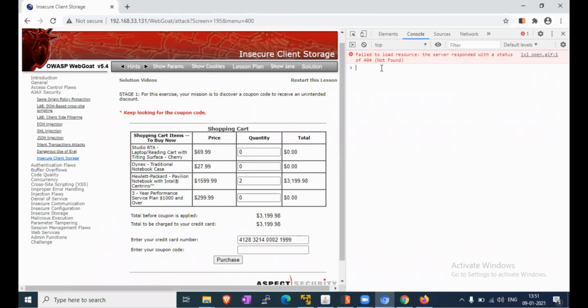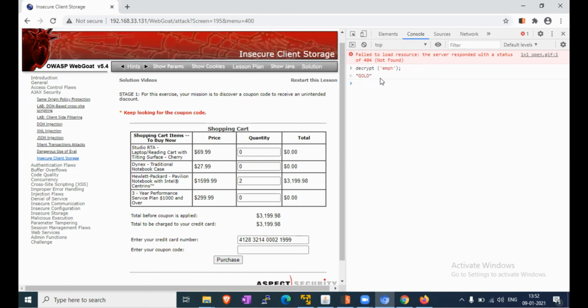Now we just have to type decrypt and press enter. After pressing enter, we are able to see the word gold.